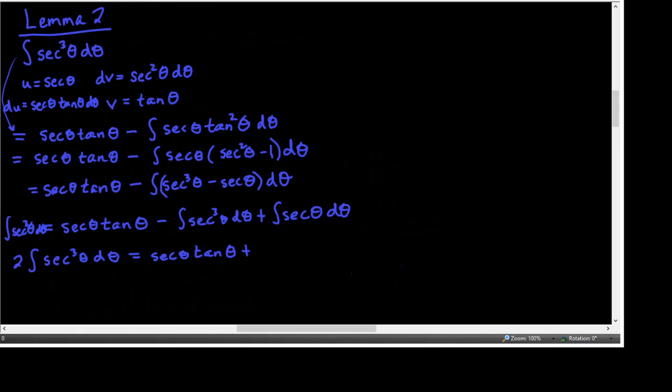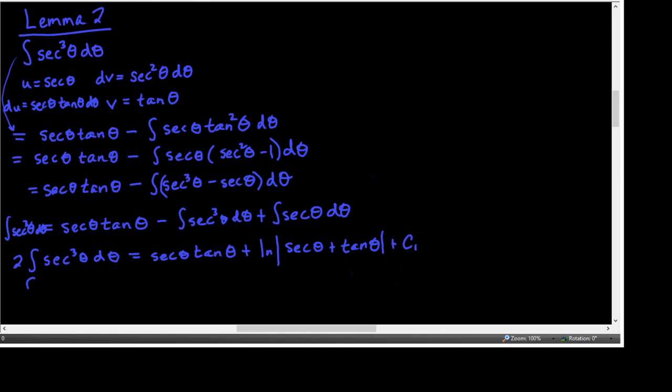I'm going to go ahead and integrate the secant of theta. That was that formula that I tried to get you to make sure you remember. That's the natural log of the absolute value of secant of theta plus tangent of theta